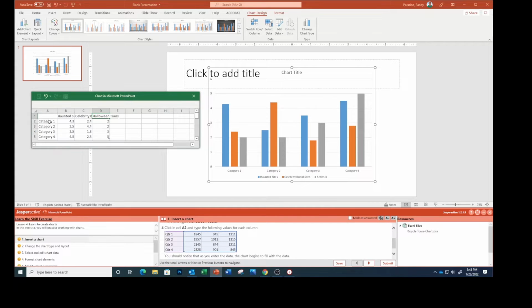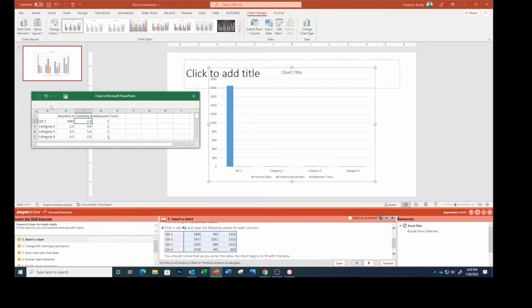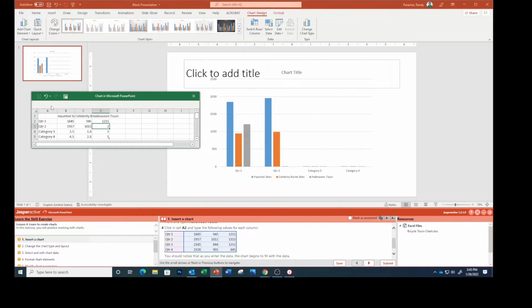Click in cell A2 and we're going to type the following values. So this is going to be QTR1. Press the tab key. 1845, tab, 945, tab, 1211. And you see as we type these numbers, it's going to put it in the chart. Q2, 1957, 1011, 1315,